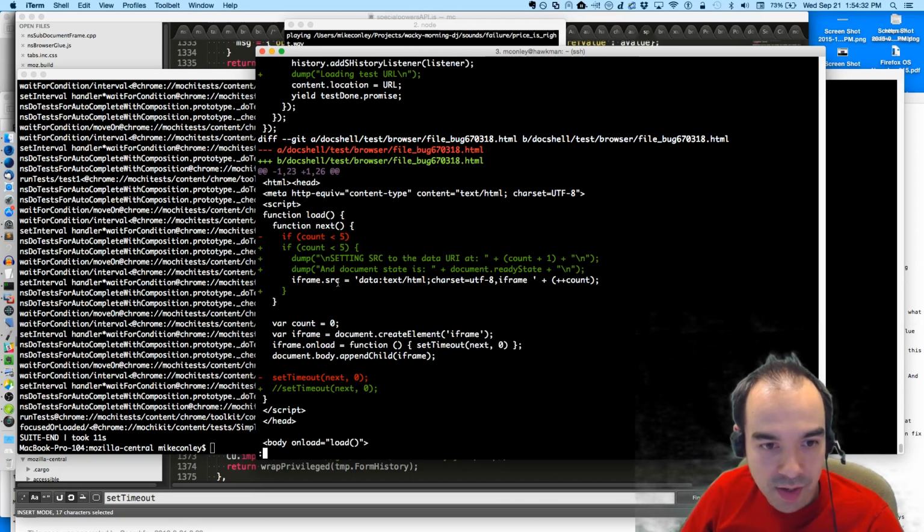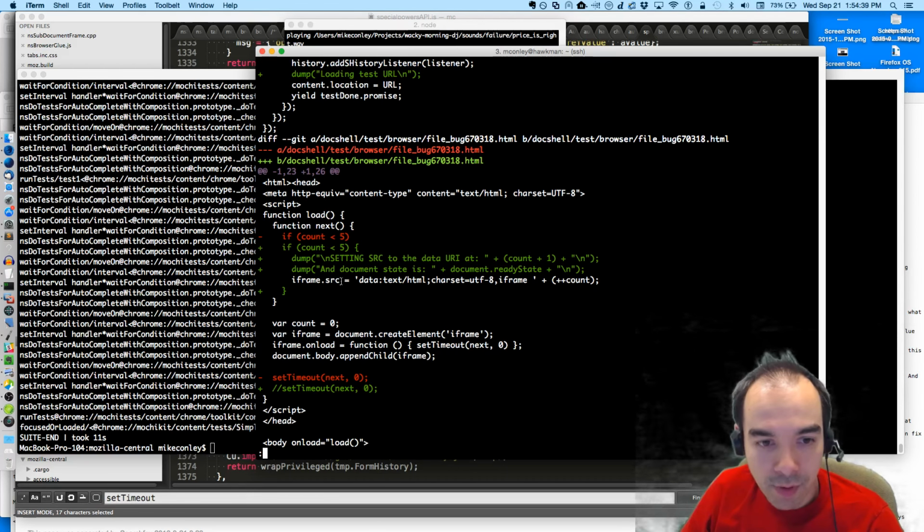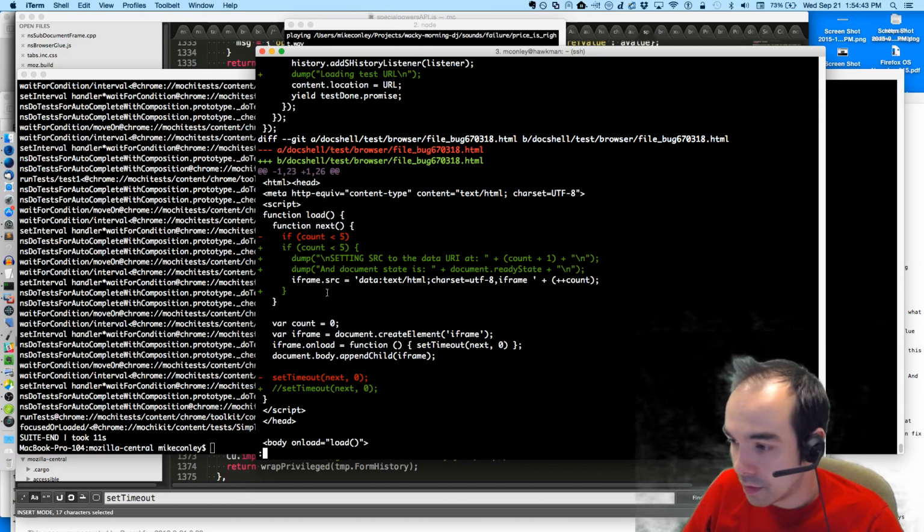iframe.source. When we set iframe.source, we're going to be loading a URI in a docshell. So I could set a breakpoint for loading a URI in a docshell, and then